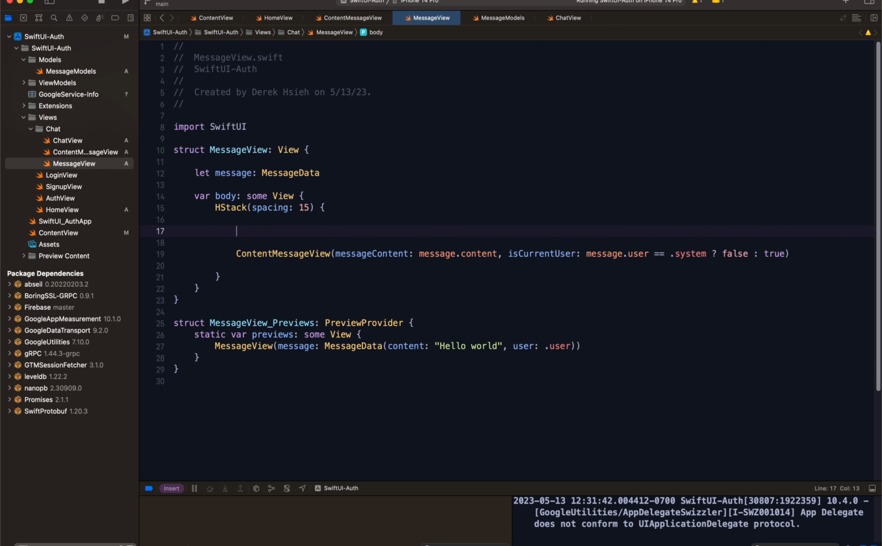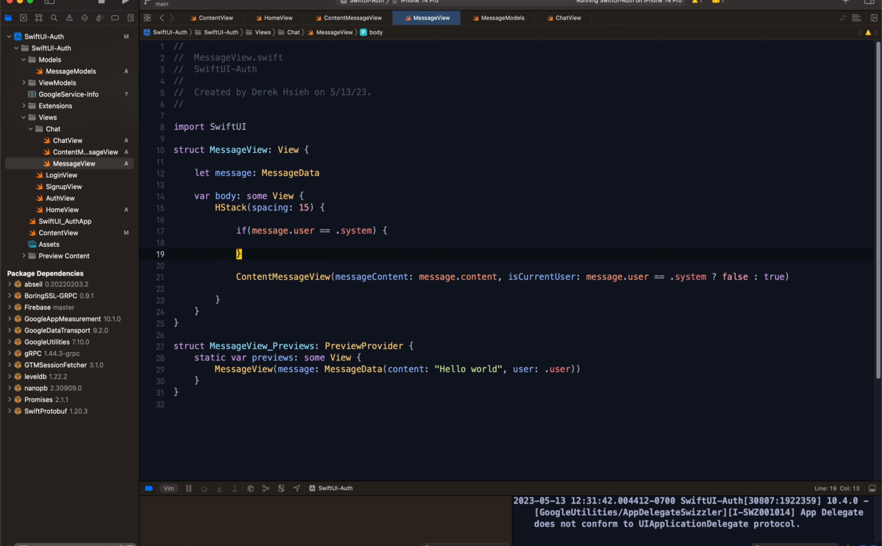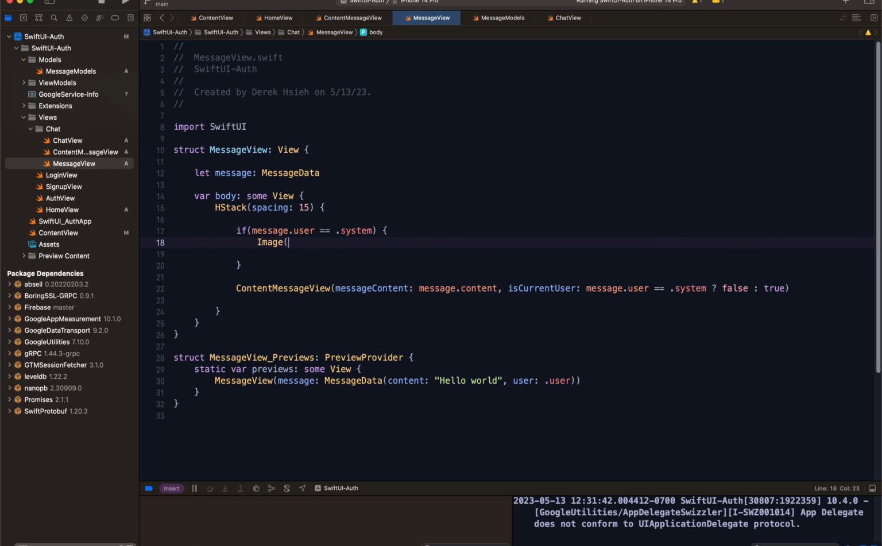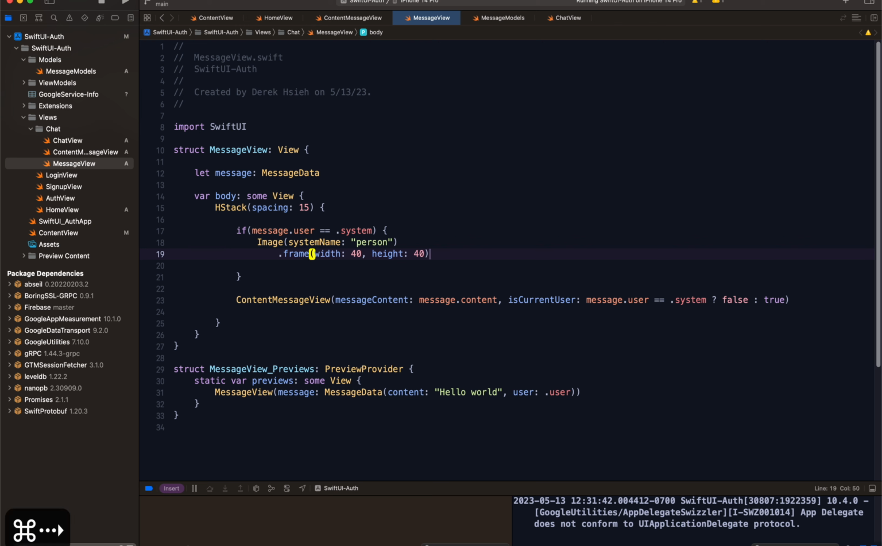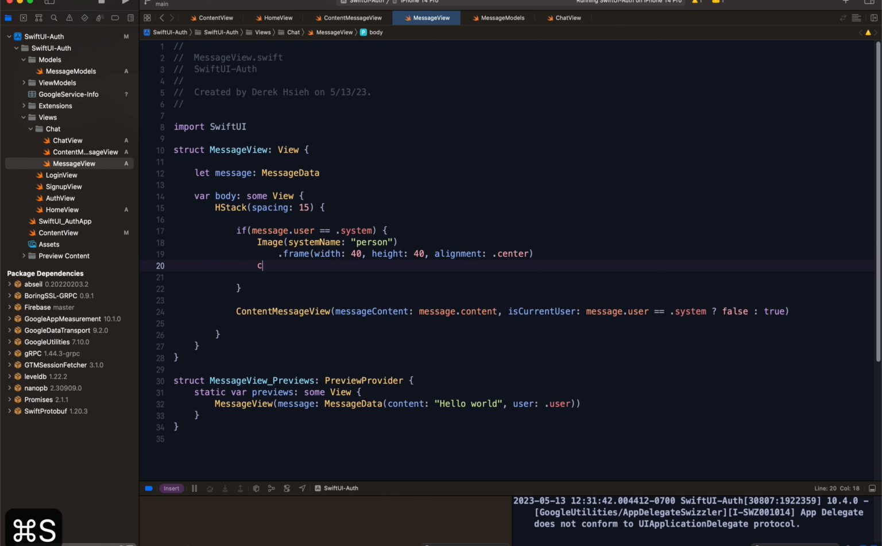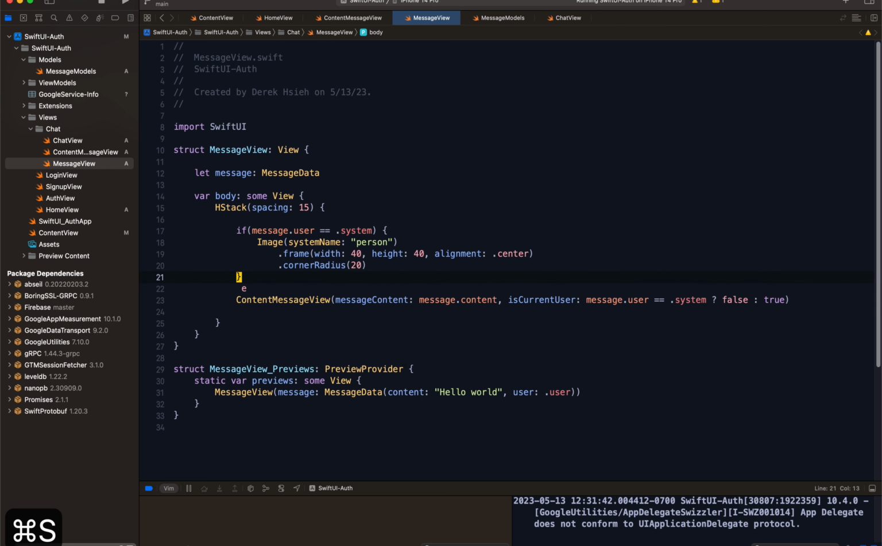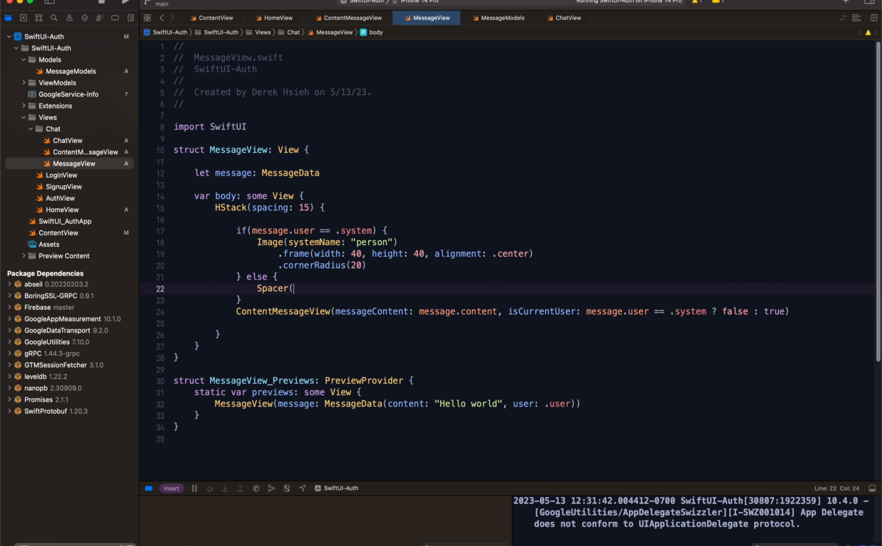Okay, so this is only going to work on one side. So what we're going to do is say message.user is equal to .system here. This is going to be if it's a system user. And let's see, we need to have an image of system name. I think it's person. And then inside the frame, we're just going to add some width and height 40. So it's going to be a square and then a line to the center. We need a corner radius of 20. And we also need a spacer here because